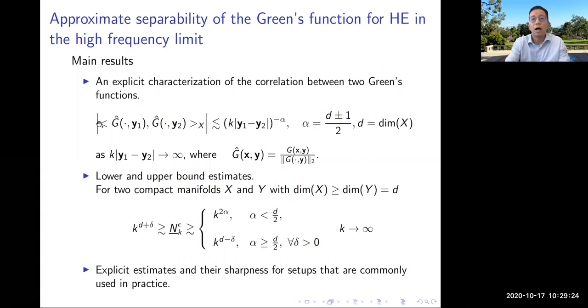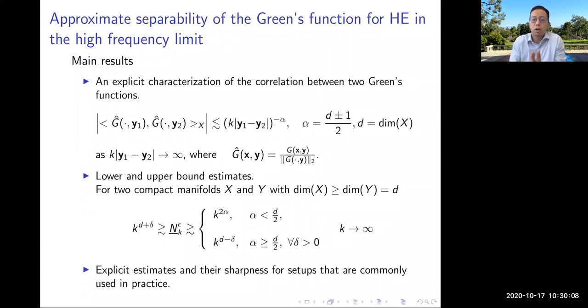So we try to show how the Green's function decorrelates in terms of wavelengths. That's the key thing to show how rich the Green's function is. If you're a little bit further away, more than one wavelength, we don't know each other. There's nothing we can comment. There we know a little bit, but very little. And from this, you have a lot of vectors. You can think of each function as a vector. They're almost orthogonal to each other. Not exact. If it's exact, then the estimate is very easy, right? If I want to use a linear space to approximate 3 orthonormal vectors, then the minimum dimension is 3 if you want your error less than 1.